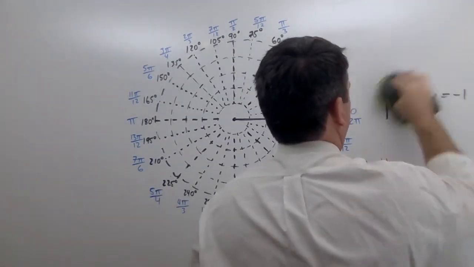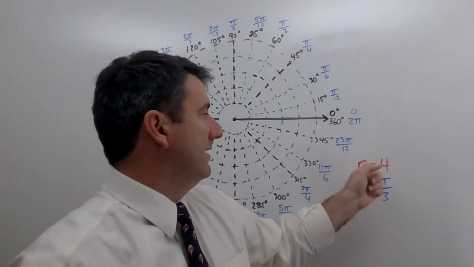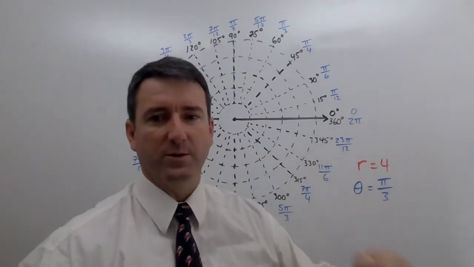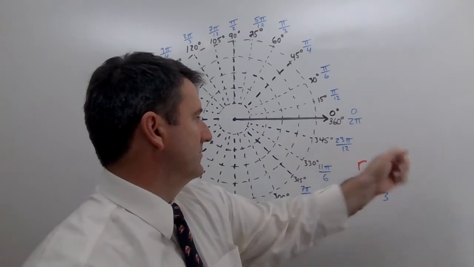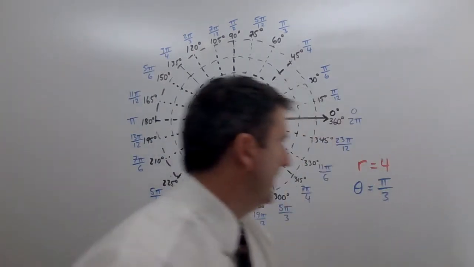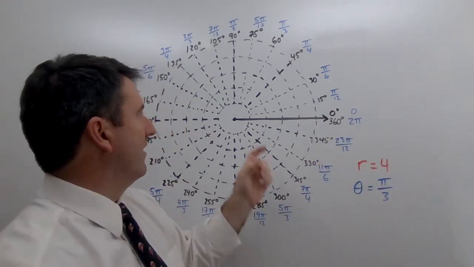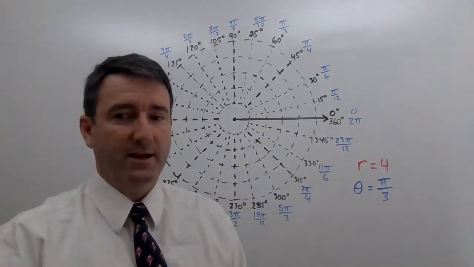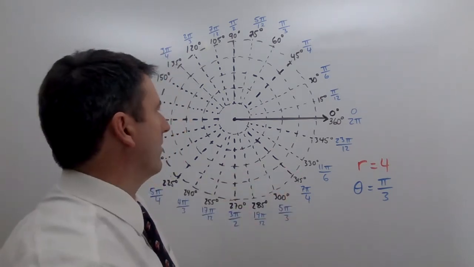similarly, with polar coordinates, the two simplest graphs that we can have are r equals some number or theta equals some number. And we want to talk about what those represent. So let's start with r equals 4. This is going to be all the points that are 4 away from the center. Theta can be anything. Our angle can be anything, but our distance is going to be 4 away from the